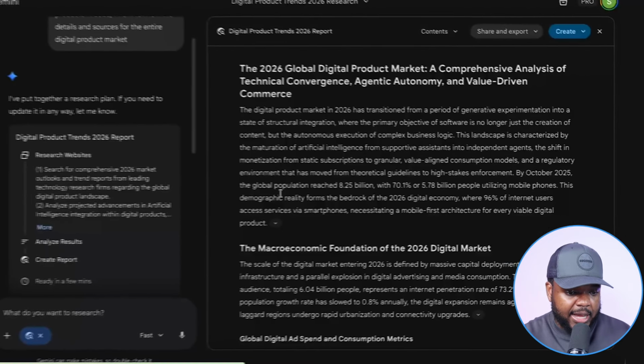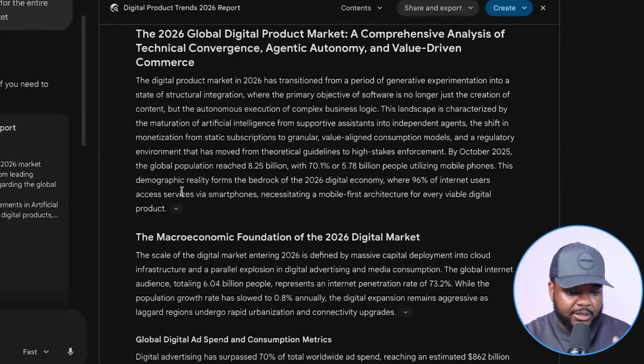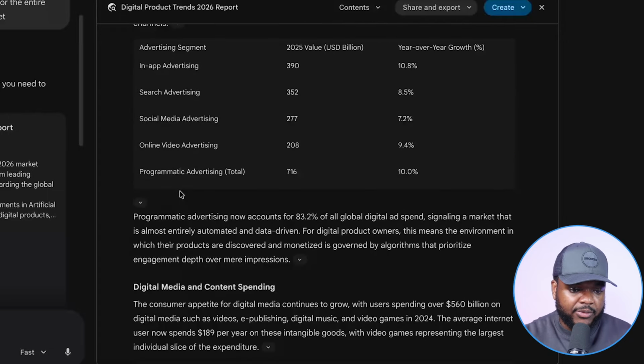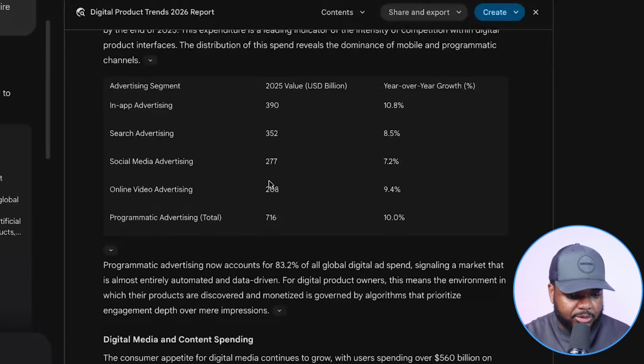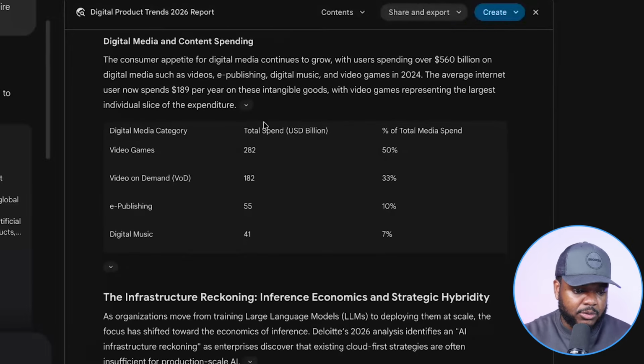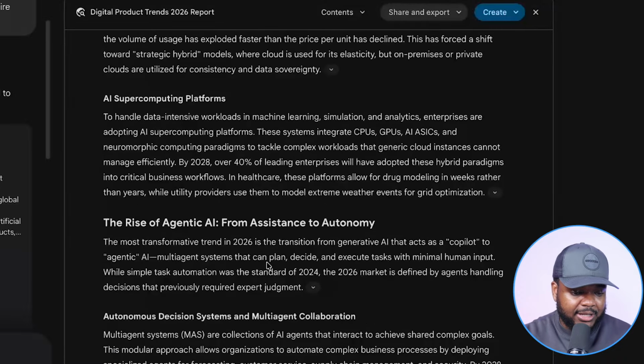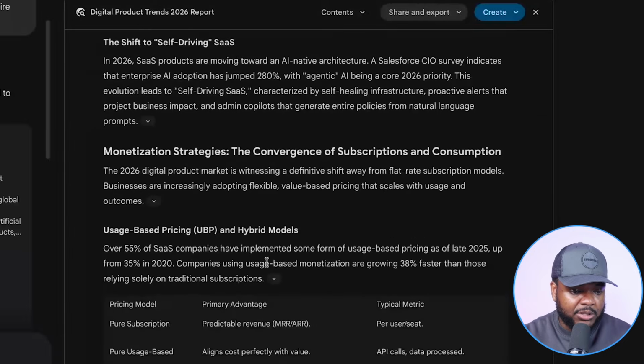Okay, guys, I'm back. And as we can see, it's now completed the entire report. It's come back with everything. It's come back with the market value size for digital products. It's come back with the total spend. It's come back with a lot of the details that I need to know, things that I probably wasn't even thinking about. And of course, this is a little bit more boring when it comes to a use case of using Gemini,